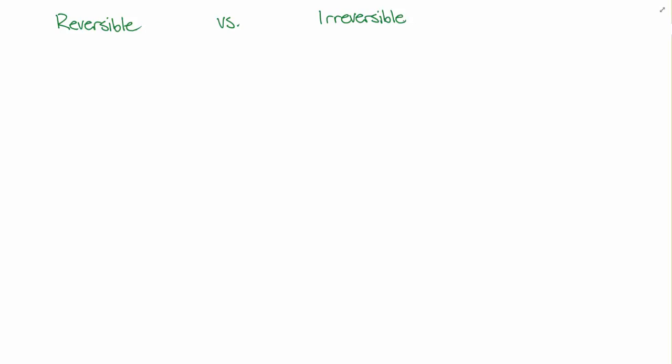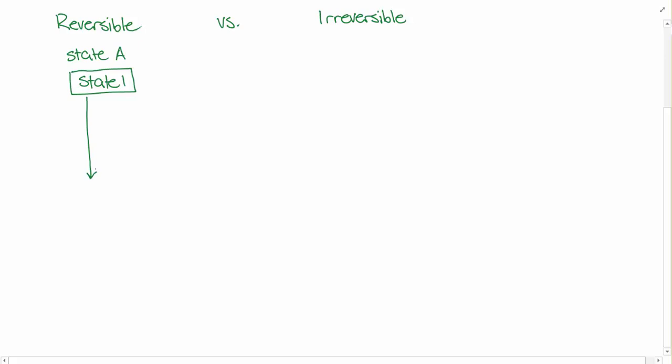I wanted to review reversible versus irreversible processes. Let's consider that we have a system in state 1 and our surroundings are in state A. If we do some process and we change our system into state 2 and our surroundings are now in state